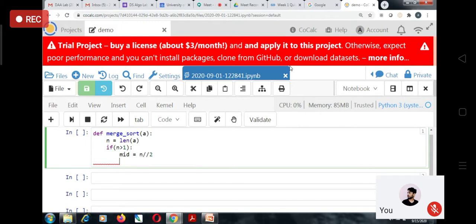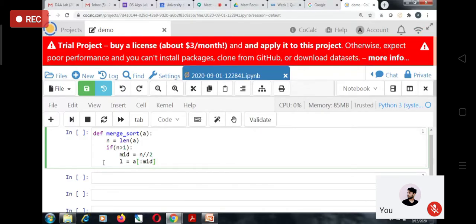You have already learned the slice operation in a previous class. Suppose a[1:5] is a slicing operation; we are having the indices from 1 to 4, like 1, 2, 3, 4. This syntax means we are considering the indices 1, 2, 3, and 4. So using this operation, we can divide the list here. See how we can do that. L is for the left sublist, and R is for the right sublist. So L is equal to this one.